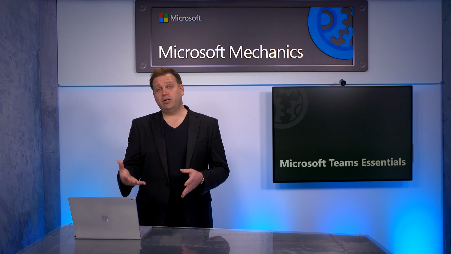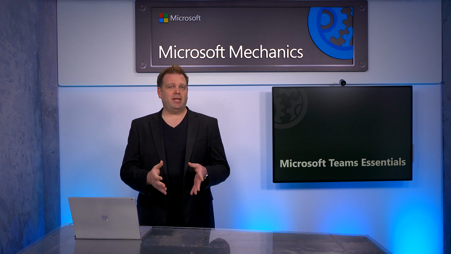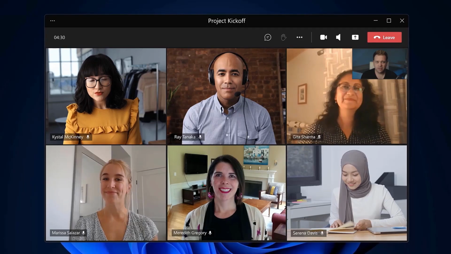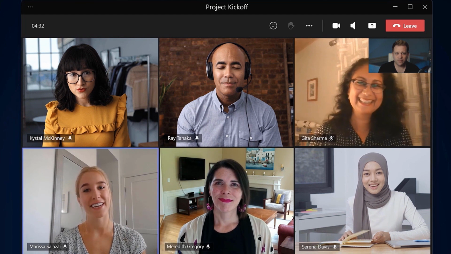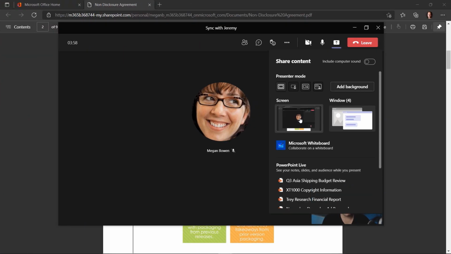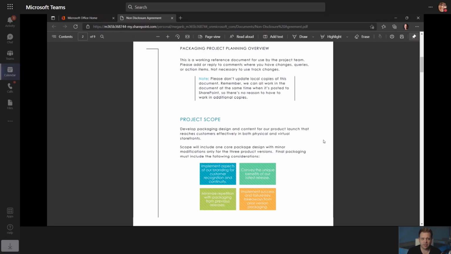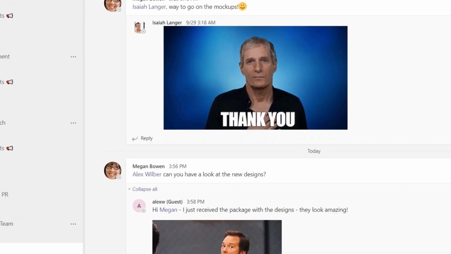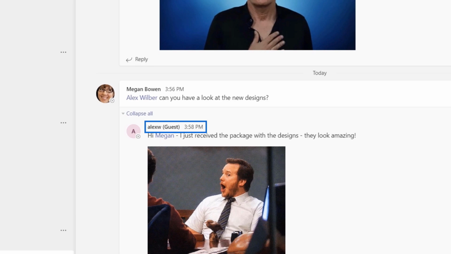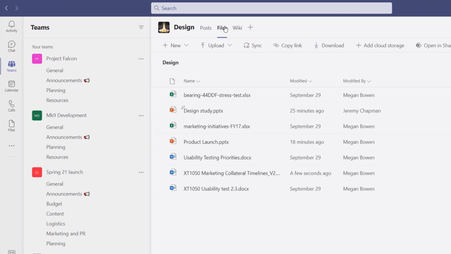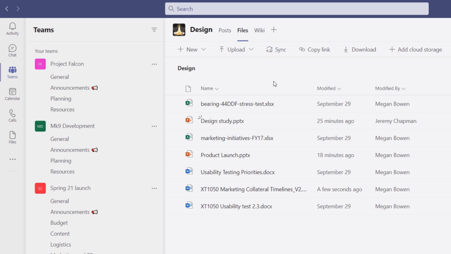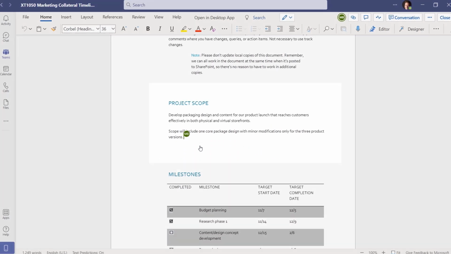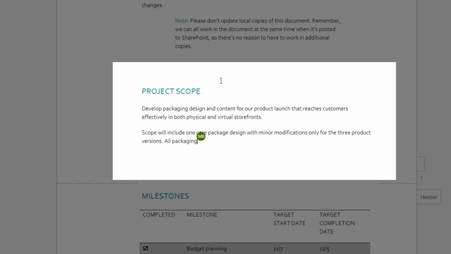Now, regardless of where you acquire Teams Essentials, some of the highlights of what you can experience include rich online meetings with video and voice. You can easily share your screen or other content with anyone in the meeting. Chat-based collaboration with everyone on your team, your customers, or your partners, and a powerful Microsoft Office experience with web applications like Word, Excel, and PowerPoint, so you can work simultaneously on your documents together.